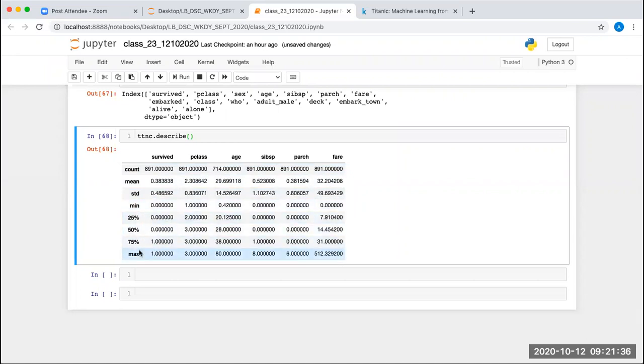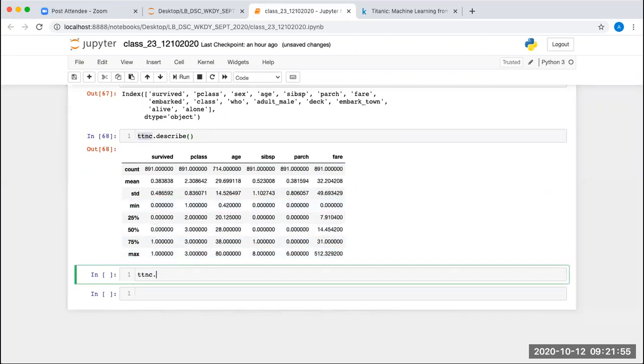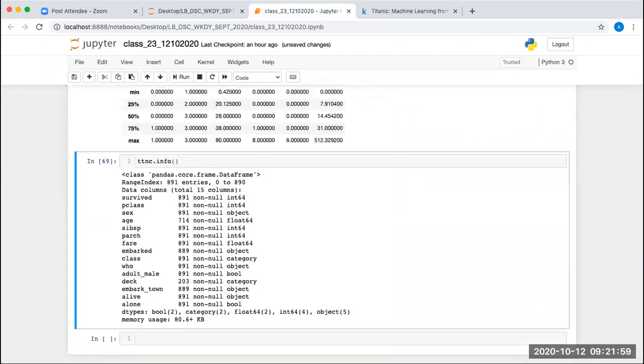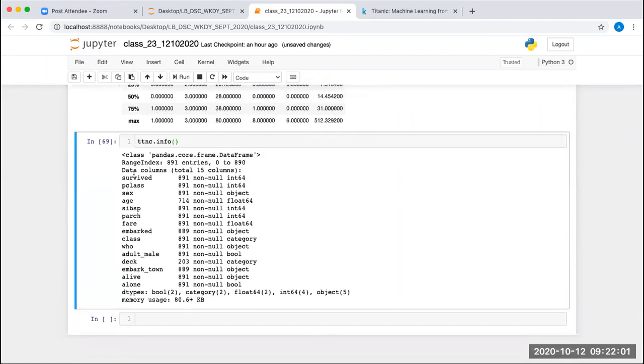Next, if you want to get small info, for example, how many null values and non-null values there are, how many columns there are, and what the data type of every column is, you can get it using the info function. So you may write ttnc.info, and that will give you the details about this data set with respect to every column.